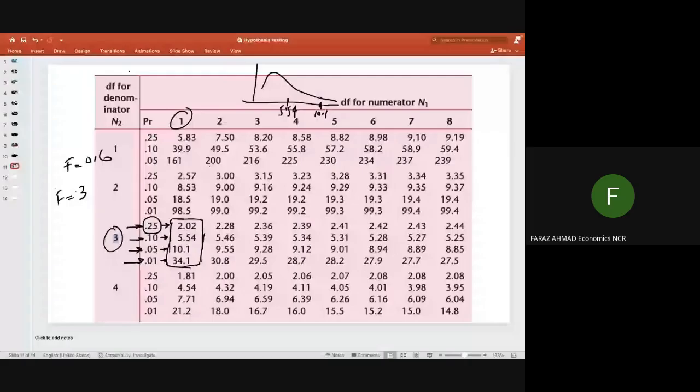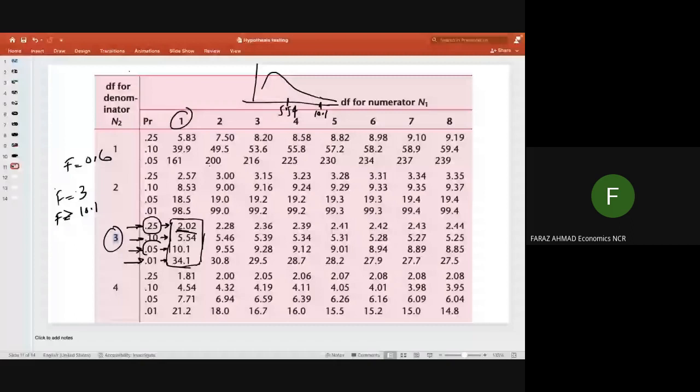right? Had our value of F been 3, we would have said that the area is between 25% and 10%, because 3 is in the middle of 2.02 and 5.54. Had the F value been greater than 10.1, then we would have said that the area in the right tail would be less than 0.05, right? That's what these numbers tell us. So in this case, because our F value is 0.6, we conclude that the area, or the p-value, would be greater than 25%,